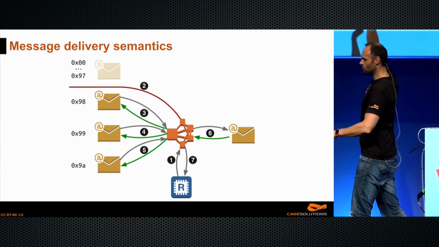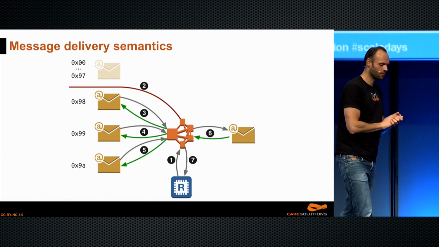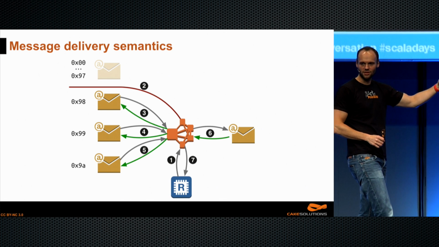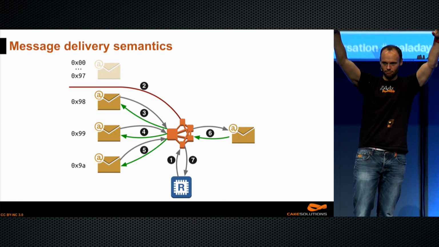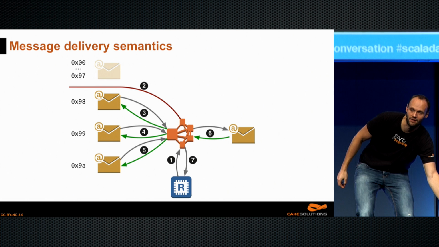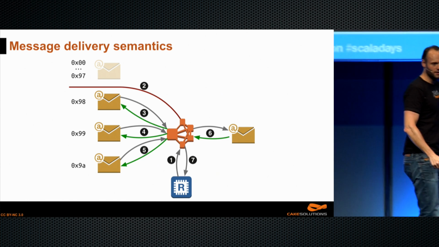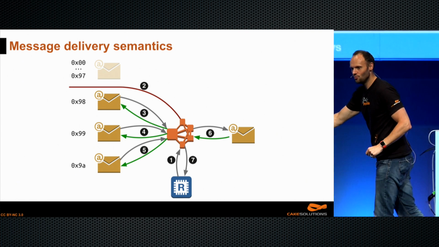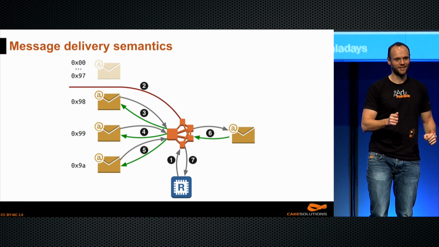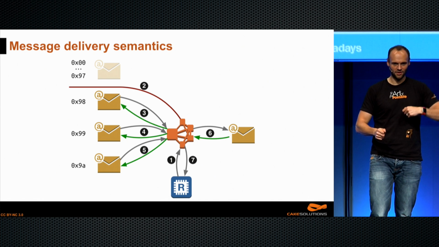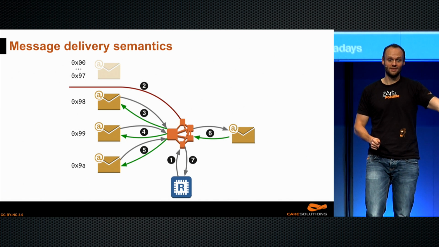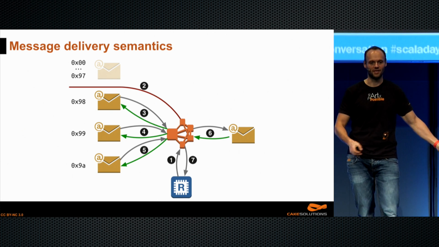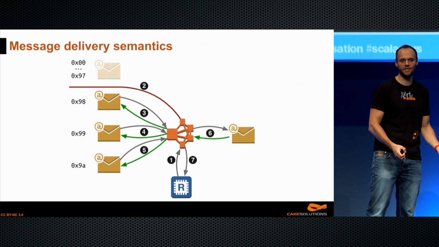And at point number 2, I'll go to Kafka and say, okay, I want to subscribe to a particular topic, but I want to start receiving messages from number 97. So I have a big queue of messages, right? And I say, I want to start from here. And Kafka is going to say, okay, cool, I'm going to send you a message. That's point number 3. So the service consumes a message, and it confirms it immediately, right? As soon as we have it, we reply to Kafka and say, yeah, we have it. Now, that means that our service is actually fairly responsive. As far as Kafka is concerned, this is a really lively consumer.